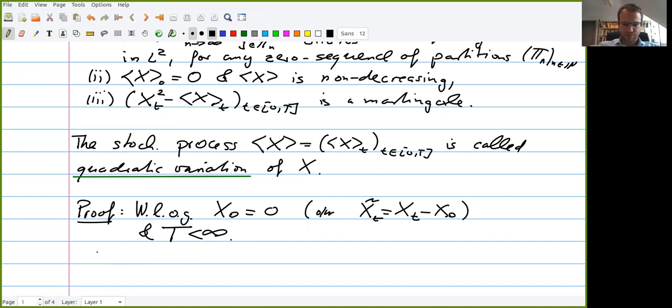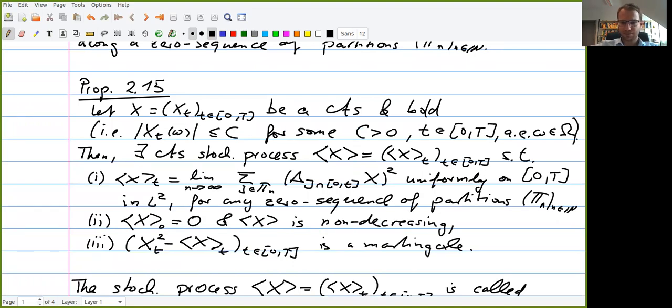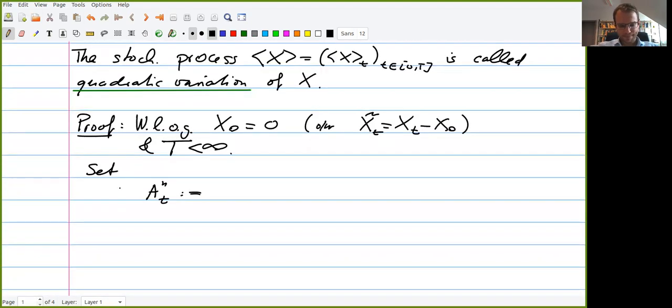Cool. Okay. So what do we define? So we define the following process, which is A_n. I mean, they can also make it here part of the statement. Okay. So what we do is we label the discrete quadratic variations, or the sum of square increments over the partition pi n, as A_n. And the first thing we want to show